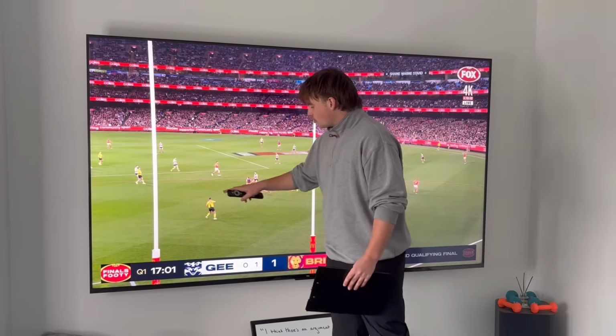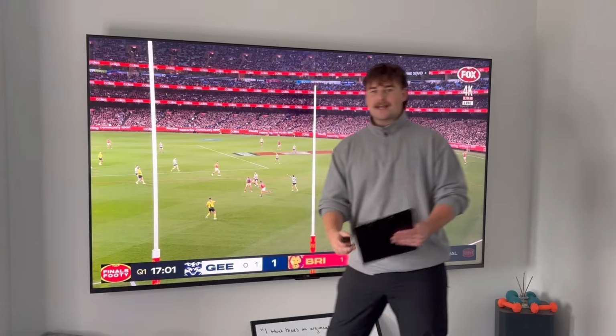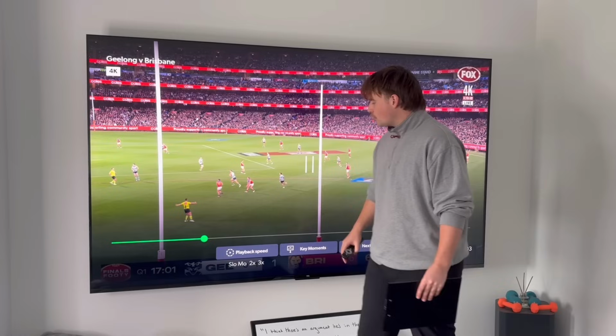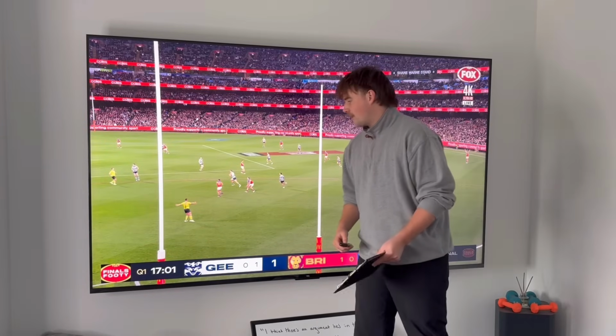So even if Dane Zorko is able to get this handball, he's not able to get the kick all the way to Charlie Cameron standing by himself without Zach Guthrie being able to get over there and help defend that. So it's the work of the defensive structure behind the football, but it's also the work of the forward pressure to understand that Dane Zorko wants to get this handball back like Brandon Starcevich did in the round 15 example,